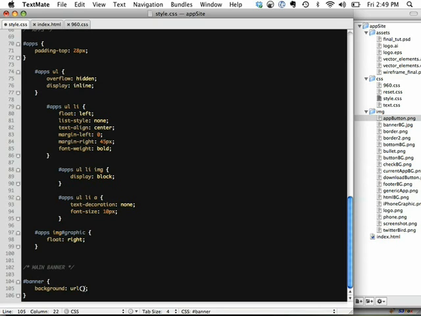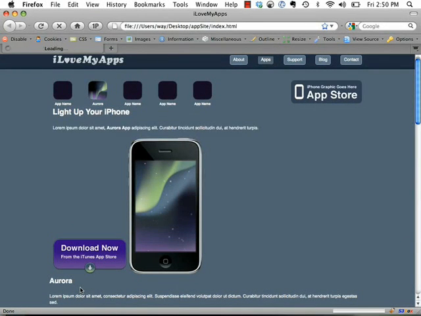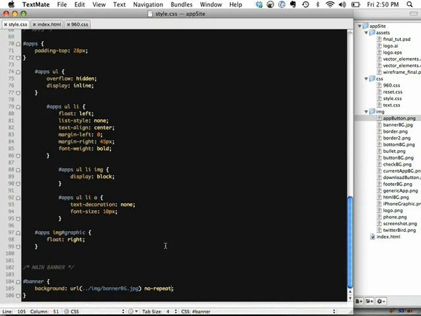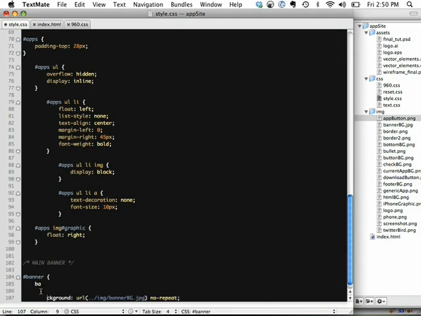So background URL is IMG, and we're going to target that banner BG that we sliced out. And that was a JPEG, remember, so it lowered the file size. No repeat. Okay, and now we've added it. Very good. So if we come down, banner,